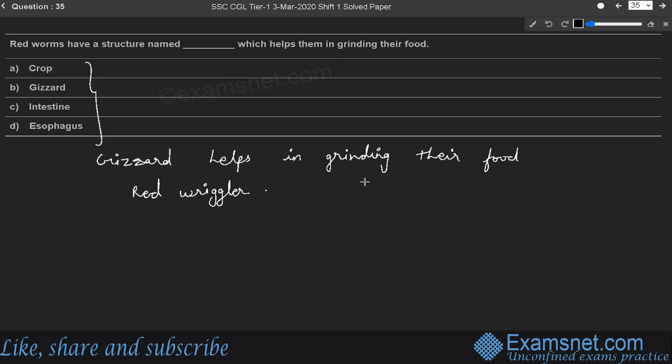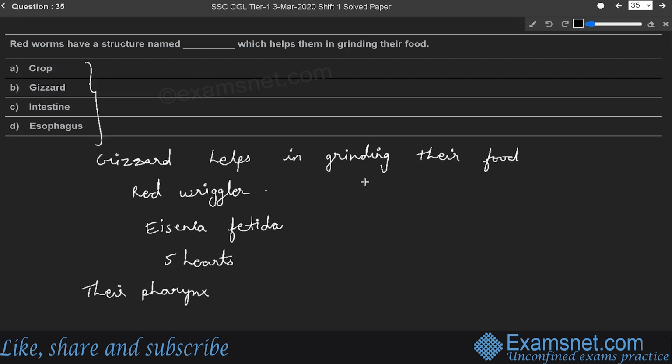Do you know what is the scientific name of red worms? Scientific name of red worms is Eisenia fetida. And these creatures have 5 hearts that can regulate the flow of nutrients and oxygen in their body. Also, their pharynx